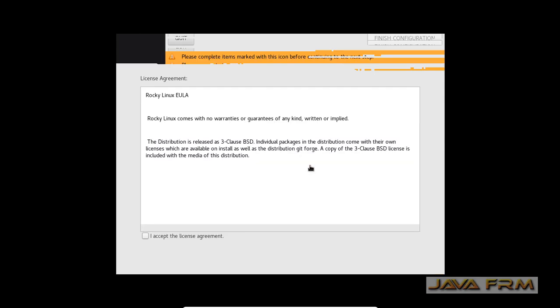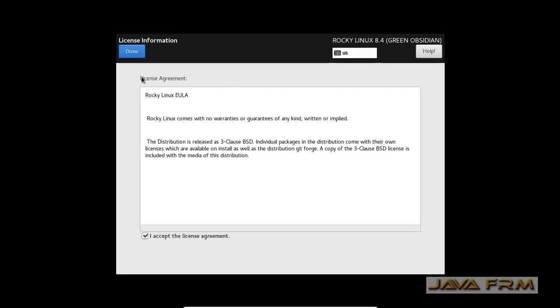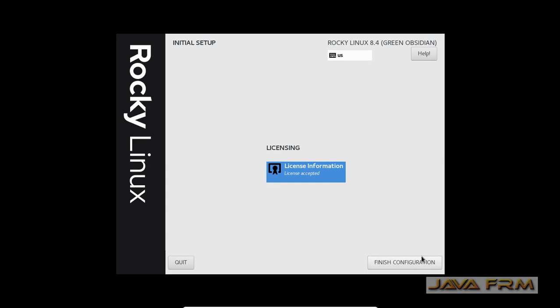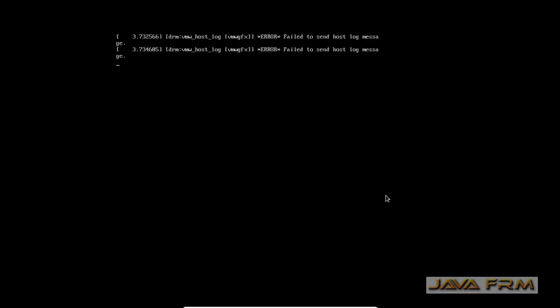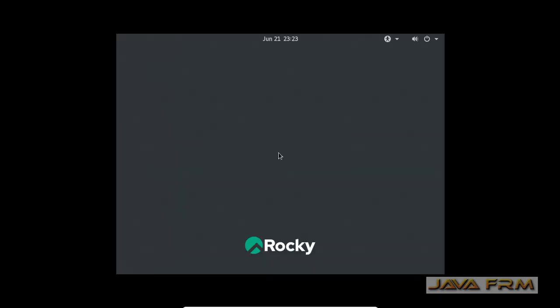Accept the license agreement. Finish configuration. Yes, now I am logging in to Rocky Linux 8.4 for the first time.